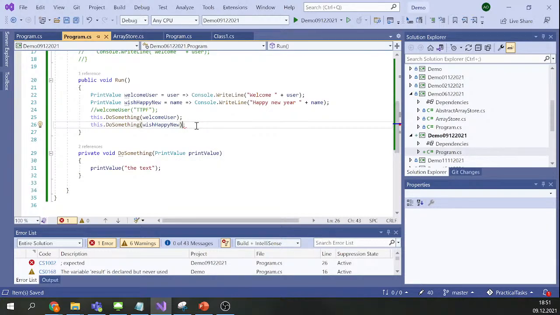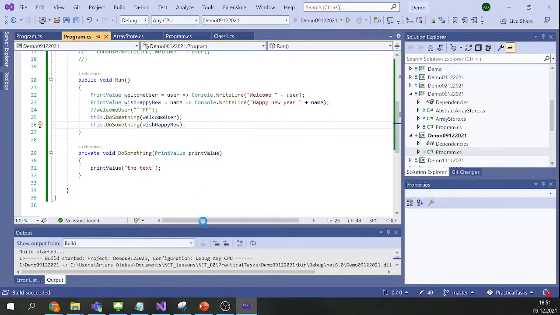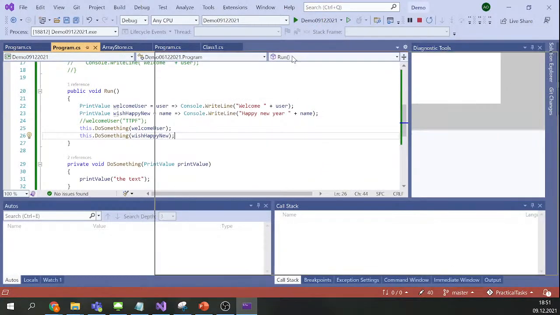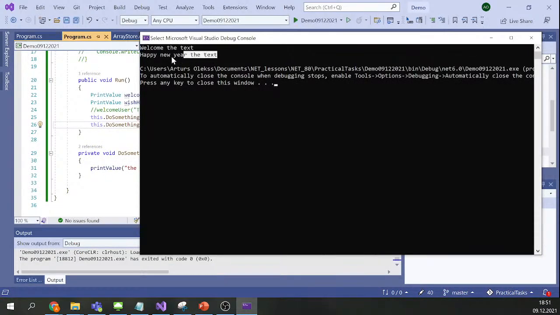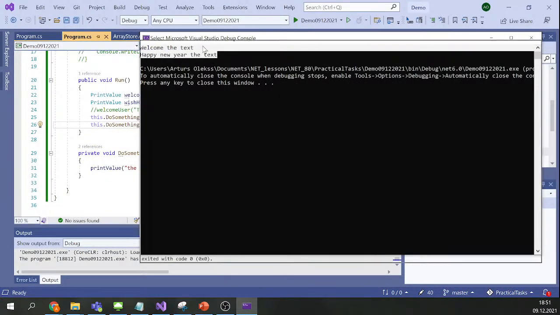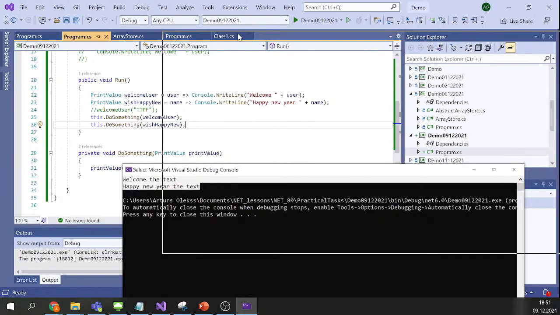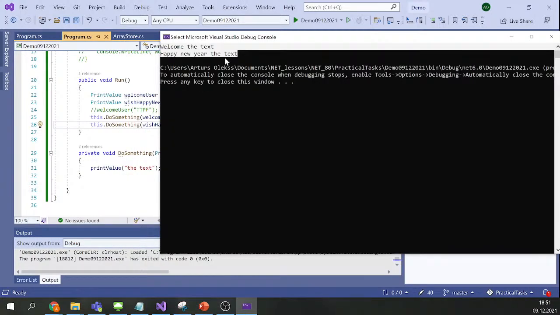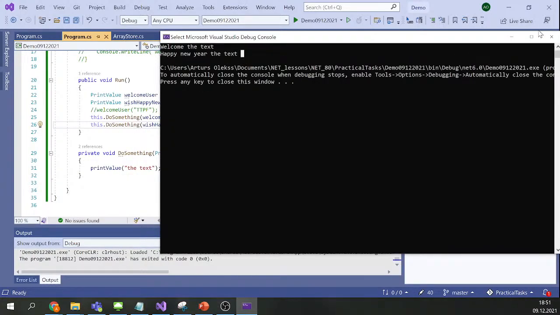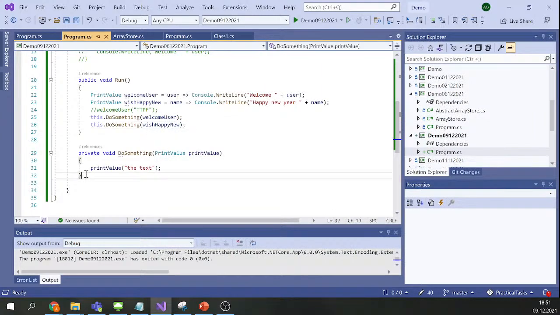Oh yeah, this is the disadvantage of Visual Studio, because I mix up if it is the suggestion or the actual value. So you see here, in this case I call the same method, do something, but it actually